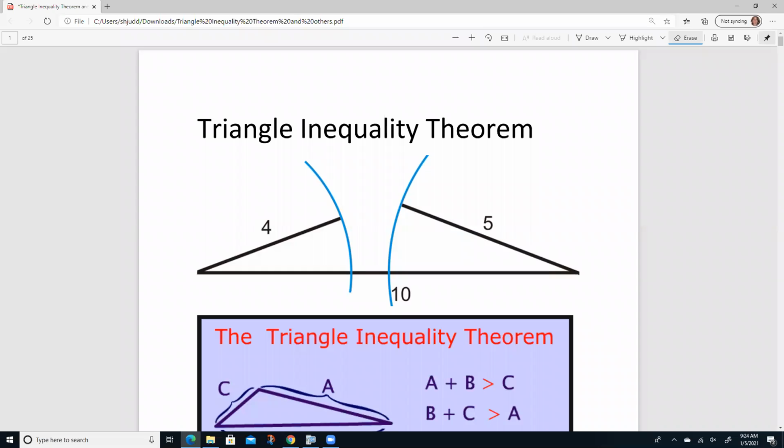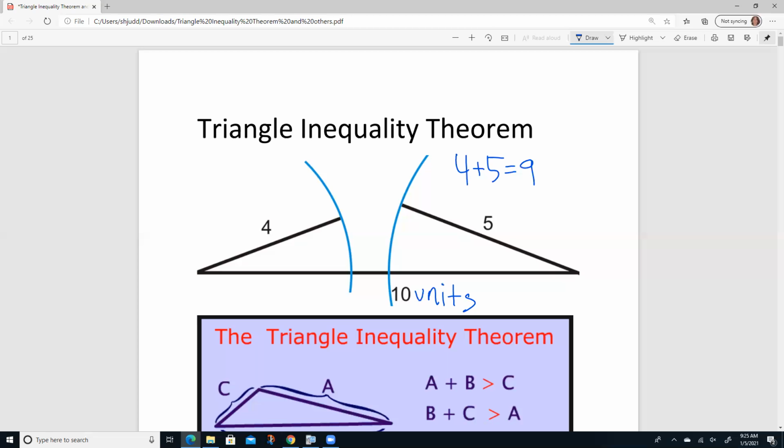Good morning. Let's talk about the triangle inequality theorem. Now, if we look at this example down here, what we tried to do is draw a triangle that was 10 units long on one side, and then we made our other sides out of a 5-unit and a 4-unit length. But the problem is that 4 plus 5 equals 9. Now, we notice that because these sides are too short, they can't touch each other, so we can't actually make